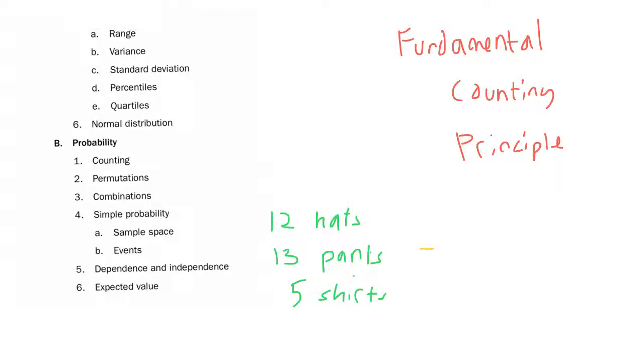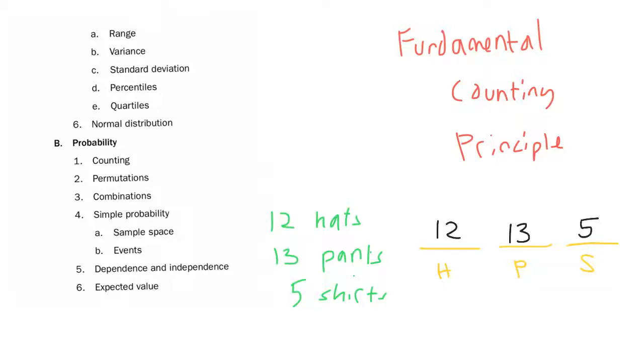Well, you get that by representing the choosing of the hat as an event, denoted by that underline. The choosing of the pants is an event as well, and the choosing of the shirts is an event as well. We're just going to write H for hat, P for pants, and S for shirt. If you want to know how many outfits you can make out of what you have in your closet, you just put all the possibilities of what could go there. For example, there are 12 possibilities for hats, there are 13 possibilities for pairs of pants,